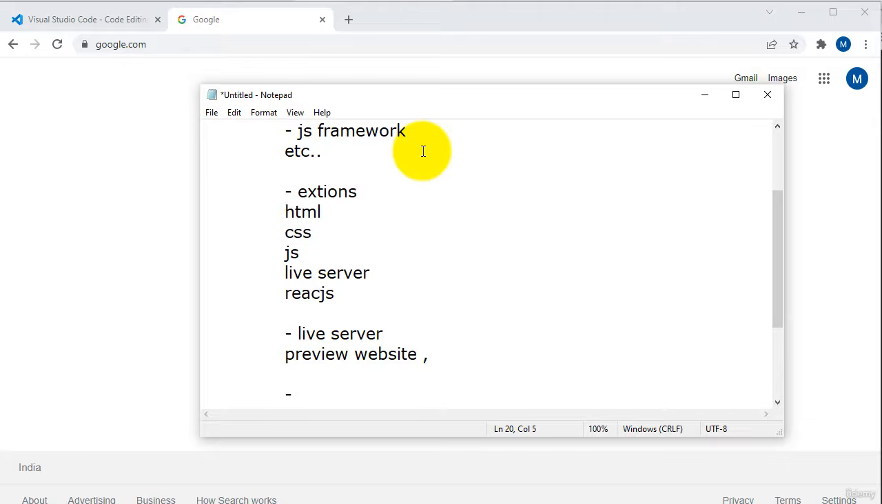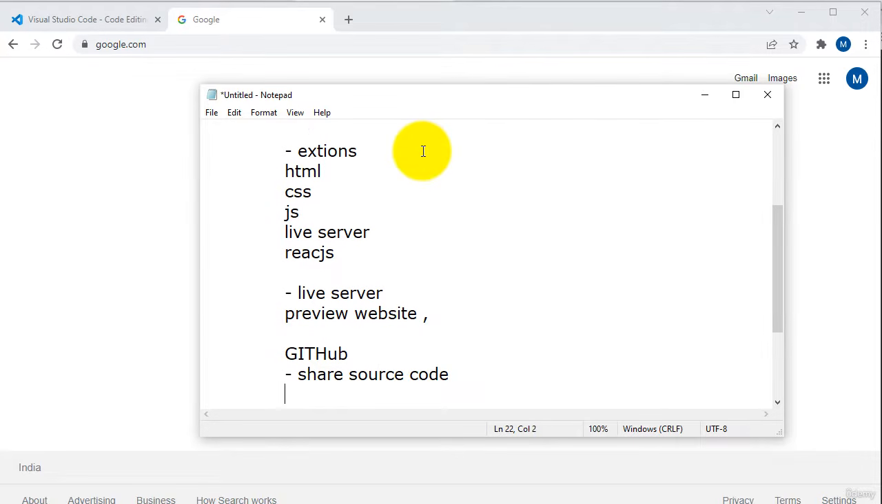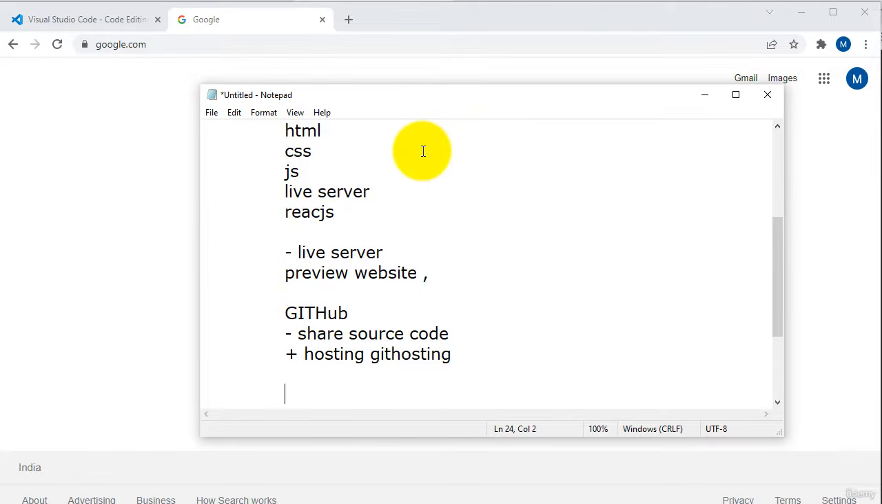That one is nothing but GitHub. GitHub is one of the famous online platforms to share source code. You are seeing source code, and we can also host that source code in Git hosting for free of cost. As usual, there is another extension, nothing but